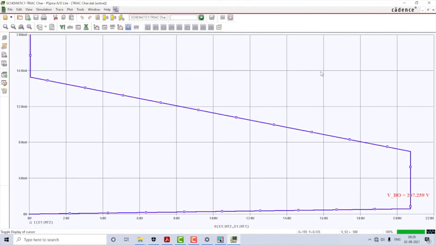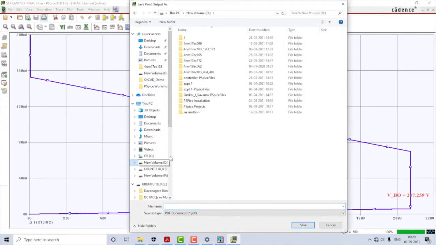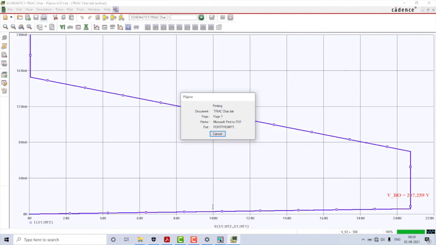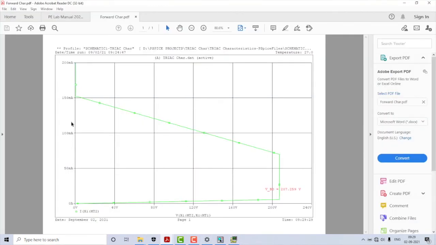Okay. So, finally, having obtained the plot and all, let us save it. So, simply click on the print icon here, go to the folder of your own choice and save wherever you want. It will be saved as a PDF file. I will just show how this will be saved. Right. So, this is your plot that is being saved. You can see you have the profile name, you have the plot itself, you have the x and y axis names, everything is properly visible.